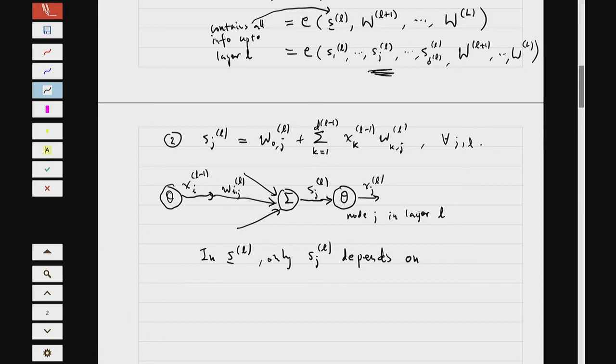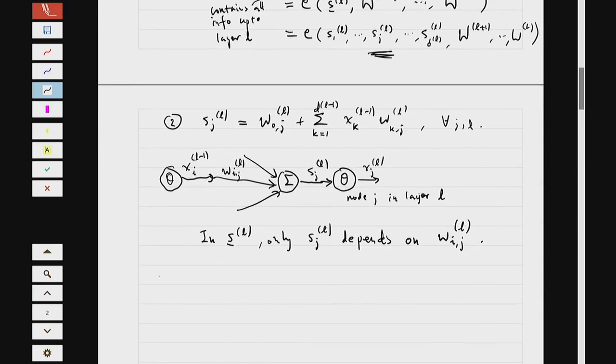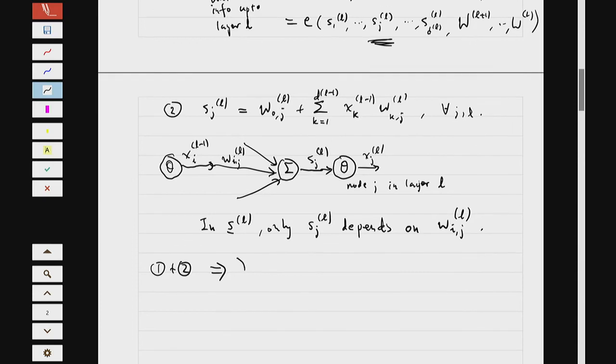Depends on Wij of L, right? No other neuron will use this weight, yeah? And therefore, the E of omega is a function of Sj. Sj is a function of this W, yeah, and no other variables is a function of this Wij, yeah, no other function. So therefore, I can write the partial derivative of E of omega